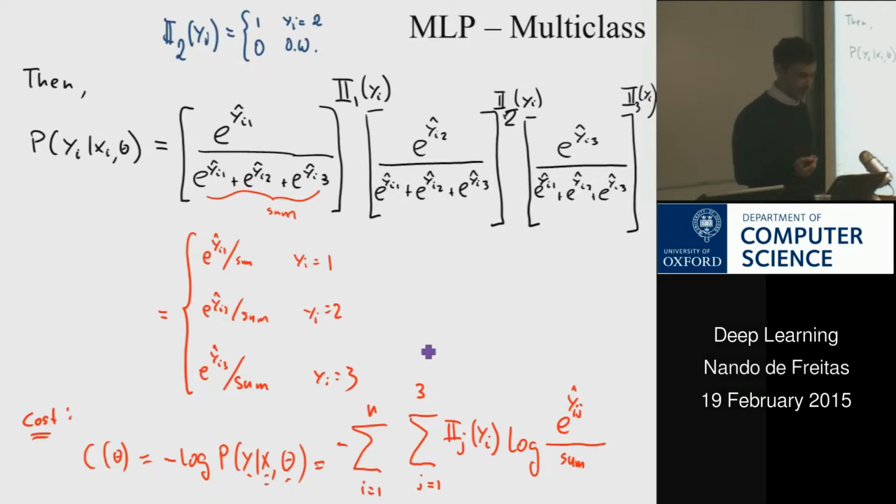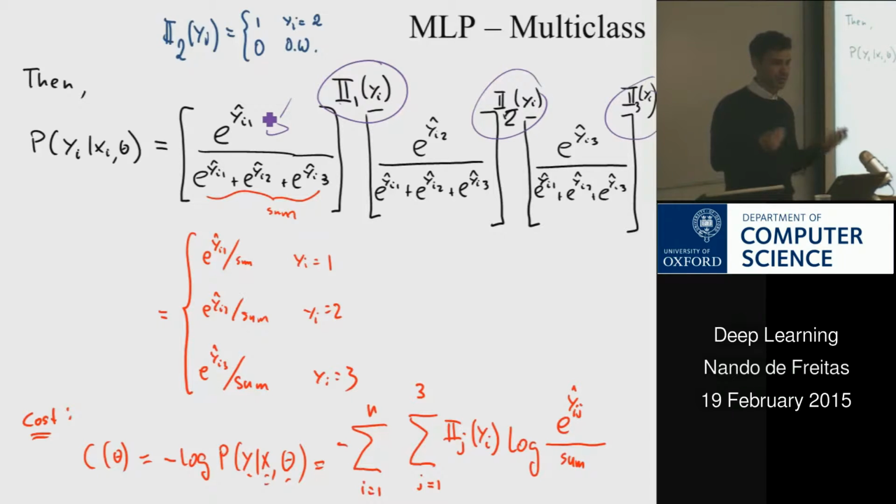We went over this as just a generalization of the binary case, where you have indicators that check whether you're class 1, class 2, or class 3. Depending on which class you are, you use the right softmax. And if you take the derivative and equate to 0, as we also did in the last class, once again you get the cross entropy loss. So going to more classes, in a way, is no different than when you do just 2 classes.